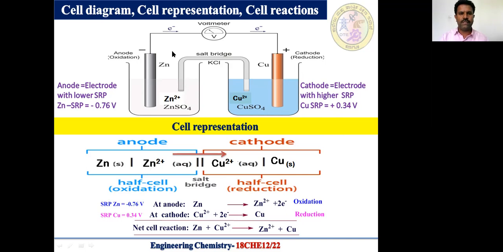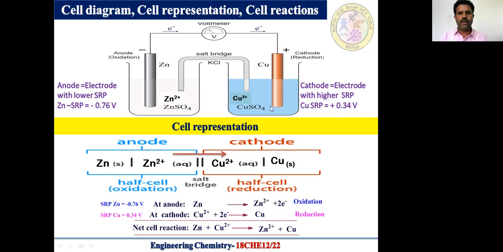So if we consider the Daniell cell, the zinc electrode functions as anode, hence I have written it on the left side. The zinc metal, that is solid phase, is in contact with the solution containing zinc 2 plus ions. And if we know the concentration, we can mention it in the parenthesis here. And this single vertical line indicates there is a separation between solid phase and the solution phase.